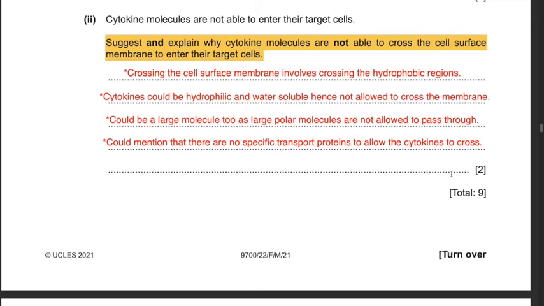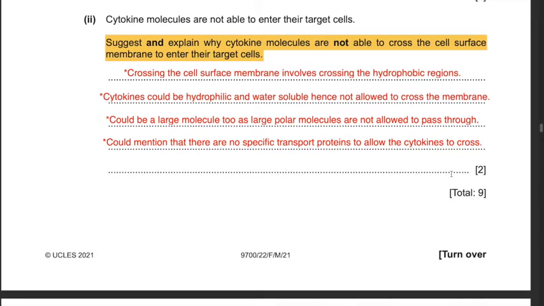Since the presence of hydrophobic tails is there, that means there are hydrophobic regions. Therefore, one possible suggestion is that cytokines could be hydrophilic and water soluble, hence not allowed to cross the hydrophobic regions of the membrane. Another possible suggestion is that cytokines could be a large molecule, because large polar molecules are